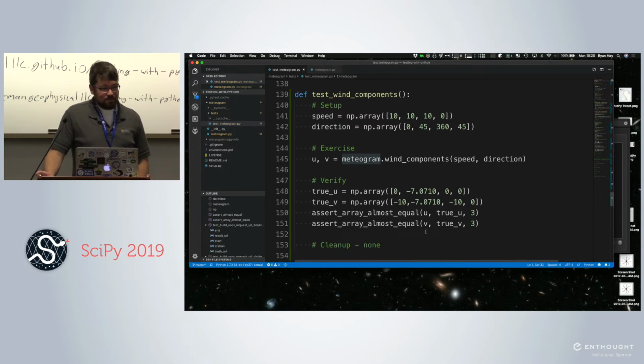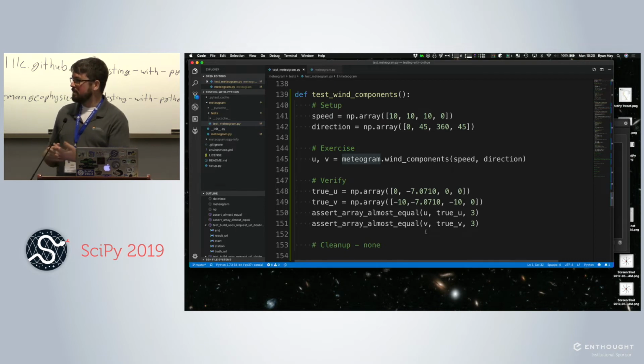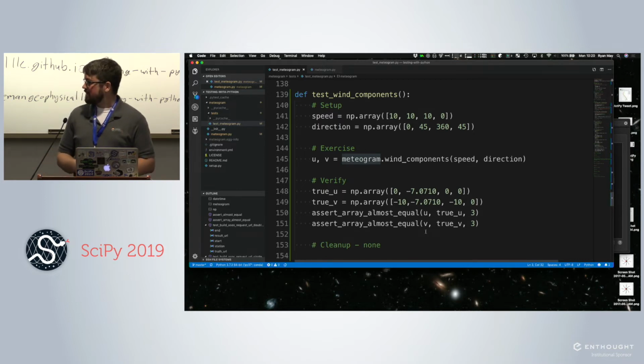Right, yeah. So just like your code can have code smell, your tests can also develop test smell over time. If you're copying and pasting blocks of code like we did with those four tests for wind, that should be making you wonder, is there a better way to do this? The answer is probably yes. So you go to the pytest documentation, and later that afternoon you figure out a better way to do it. So keep in mind that you have to maintain tests as well as maintain your code. So write tests that are small, easy to maintain, well documented, just like your code. You shouldn't dread opening up your test file.